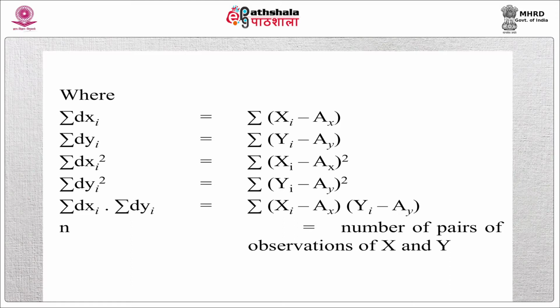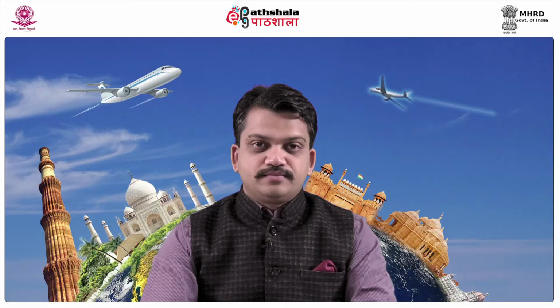N is the number of pairs of observations of x and y. The next important topic is the probable error. Probable error is of great use for interpreting the true value of the coefficient of correlation. It is worked out as